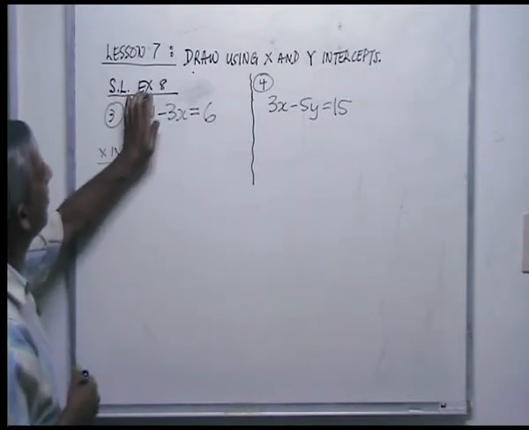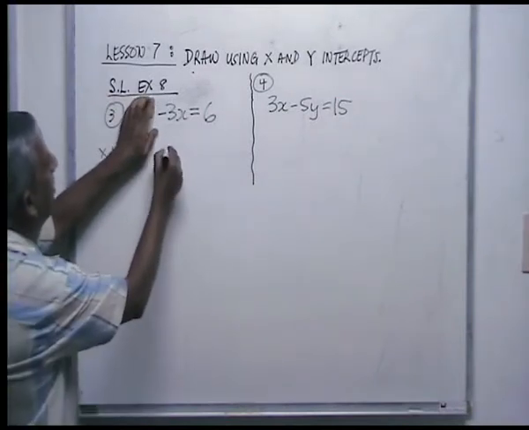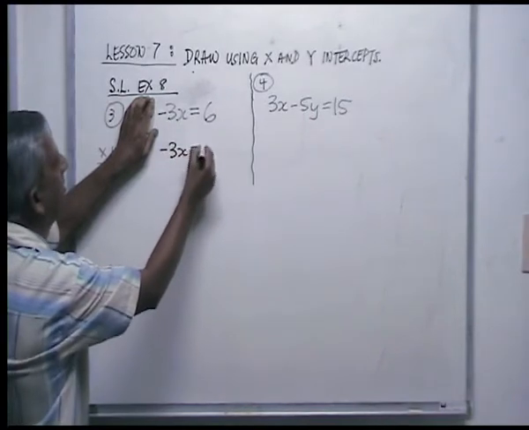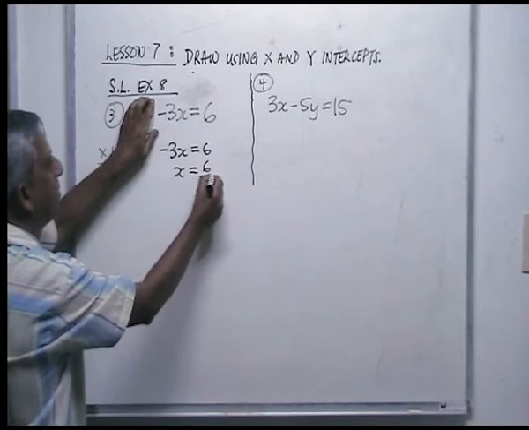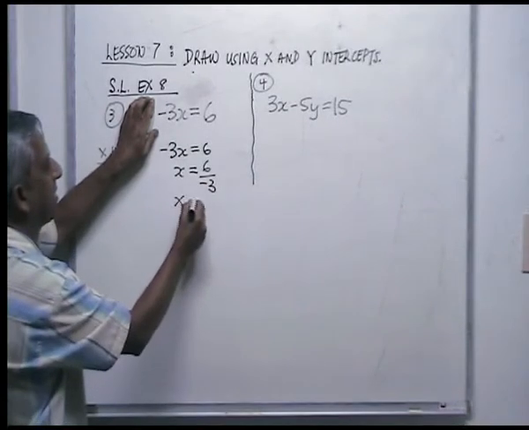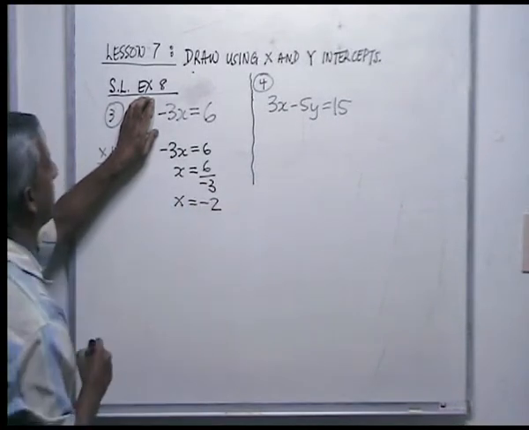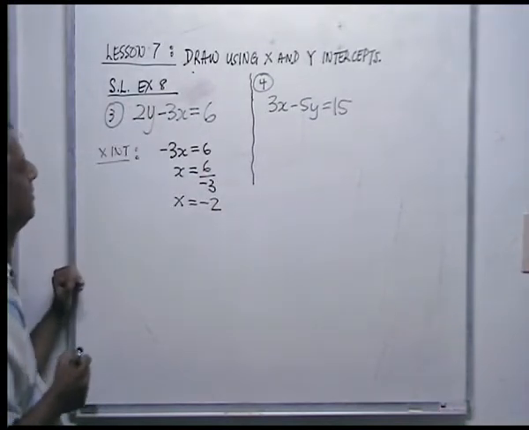then y will be 0. So what's left? Minus 3x is equal to 6. So x is equal to 6 over minus 3. X is equal to minus 2. Right. Now, let's find the